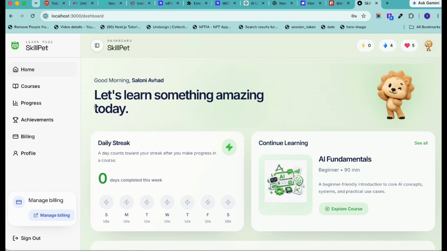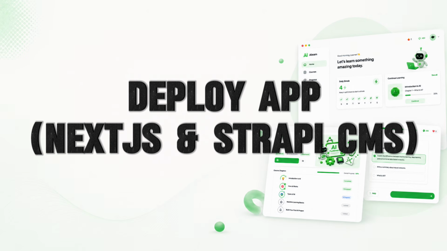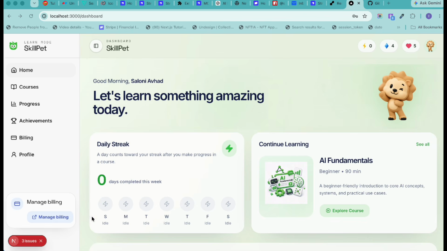Now it's time to deploy our application, so that we can deploy our Strapi first, and then we're going to deploy the application. Now in this case, we want to deploy the front end as well as the back end, which is the Strapi CMS, so that both apps will run on the cloud and then they can communicate with each other,